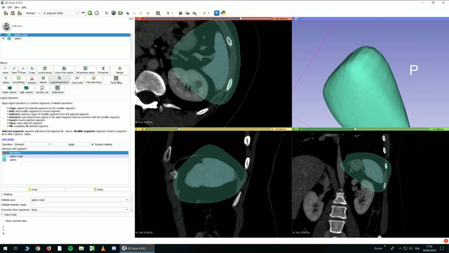So we saw paint, draw, erase, reveal tracing. We didn't see grow from seed, but we will talk about that later. We saw this, hollow, smoothing, scissors, islands. I think draw 2 is not very useful. We will talk later about fast marching and flood filling, match volume, split volume,